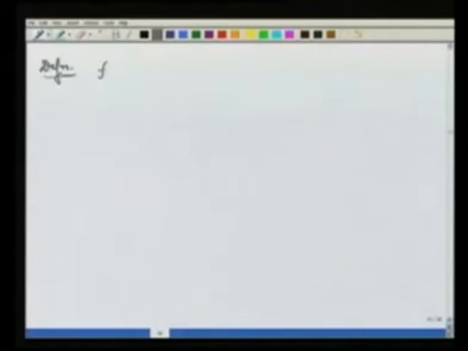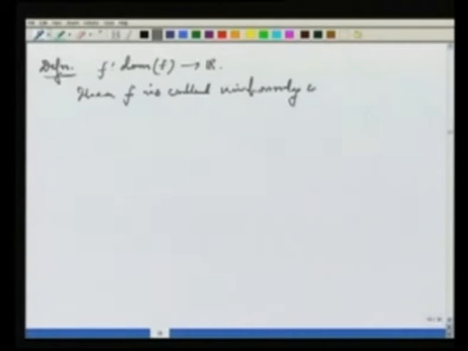Suppose I have a function f from domain of f, that is a subset of the real line, to R. Then f is called uniformly continuous on domain of f if, given epsilon bigger than 0,